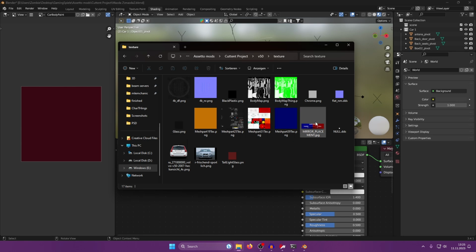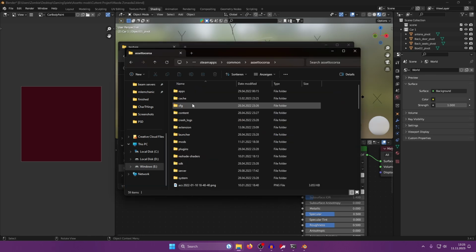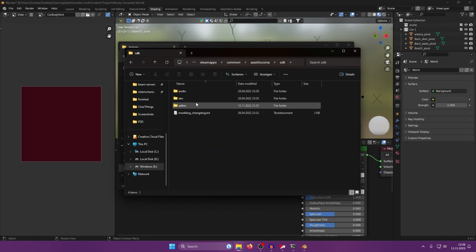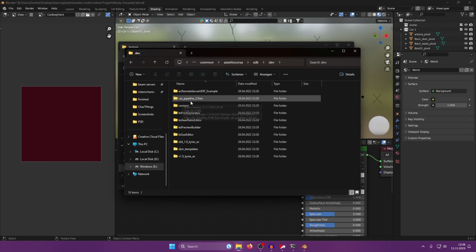You also want this mirror placement one, which every Assetto Corsa mod will have, or if you do not have that in your Assetto Corsa export texture folder, you can find it somewhere else. And this somewhere else is your Assetto Corsa folder. As always, it kind of provides everything you really need, and to find this very texture, you want to go into SDK, then into dev, and in here you want to go to the